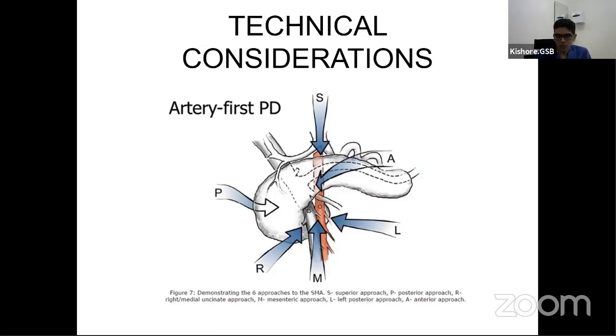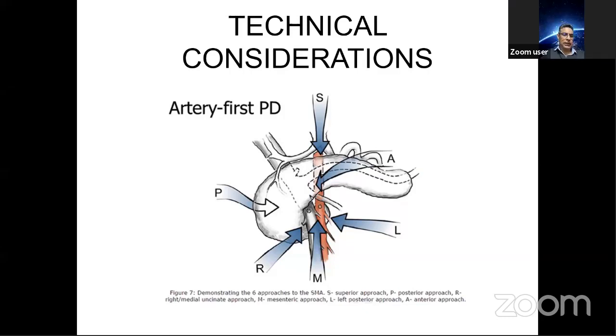In the same scenario where you mentioned a replaced right artery, again, a posterior approach may help, because if it's coming off the SMA, you can see and trace the artery and see if it is separable from the tumor. Sometimes, if you've not carefully looked at the CT, the artery may actually be coursing through the tumor, or it may be coursing through the head of the pancreas, but away from the tumor. So you might have to do an arterial resection there sometimes. So I think in those instances, an artery first approach, a posterior approach specifically, may help. So these are my viewpoints.